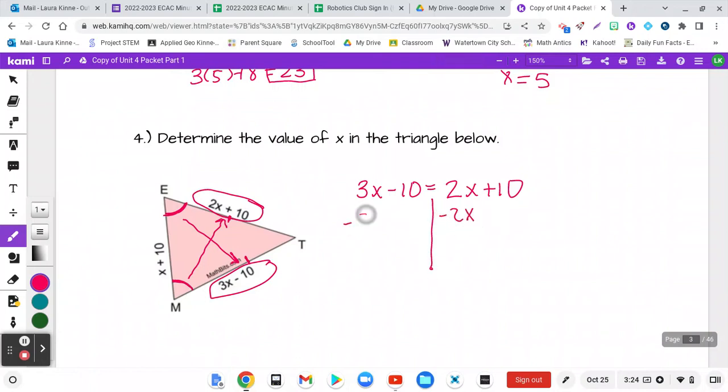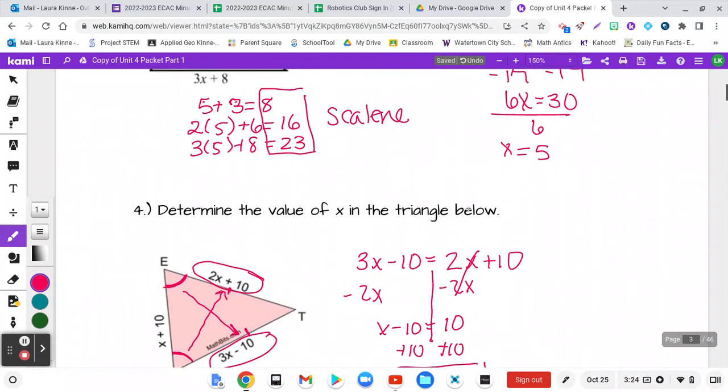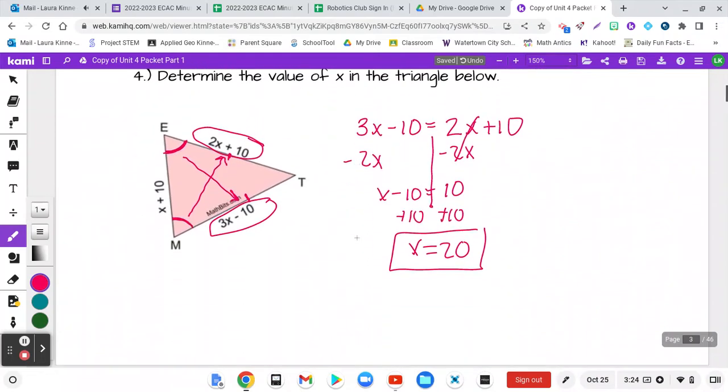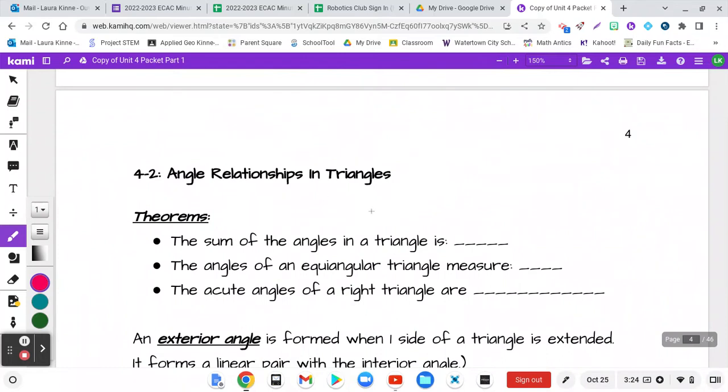Subtract your 2x. x minus 10 equals 10. Add 10 to both sides. x equals 20. And that's all it wanted us to find was the value of x. All right, so just look at the picture, look at the information they give you, and set up your equation from there. All right, one last thing I want to talk about, just a few angle relationships in triangles,